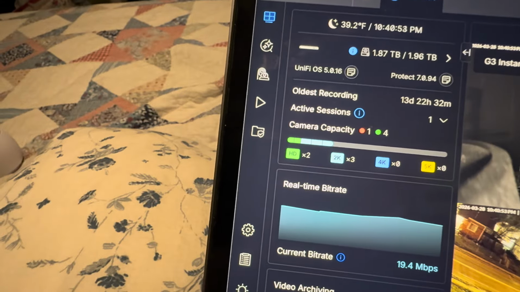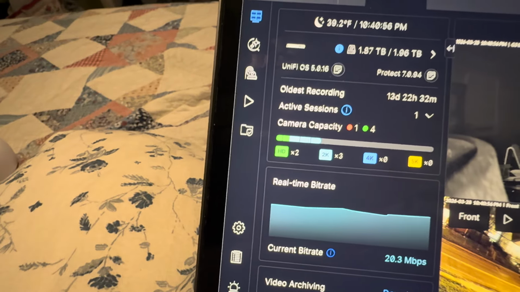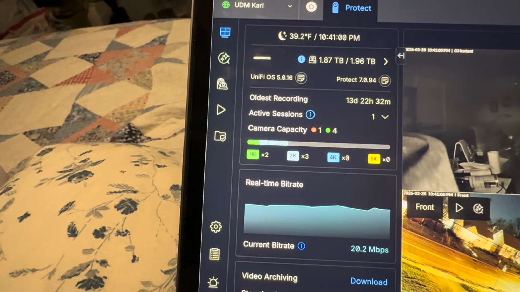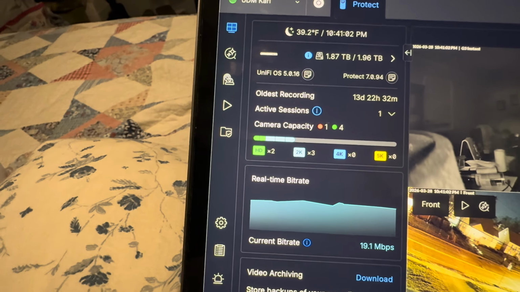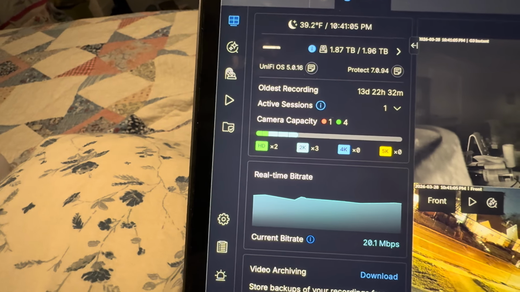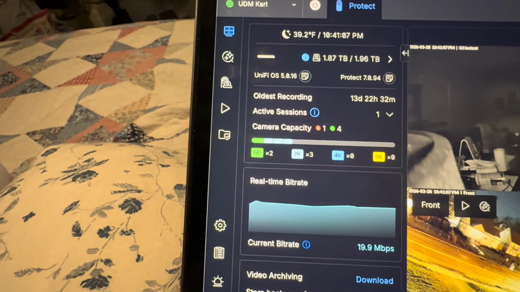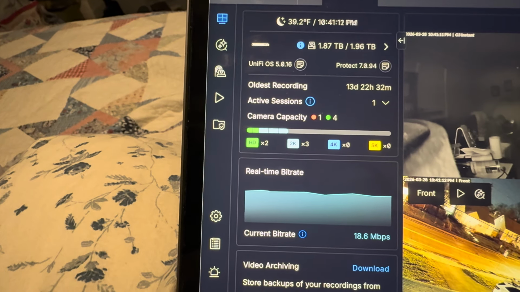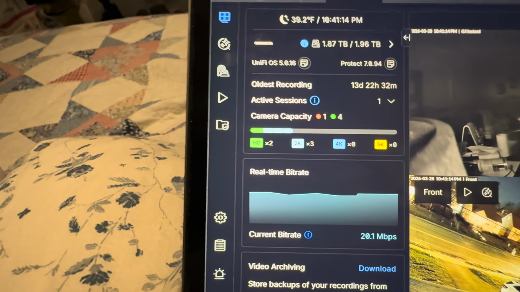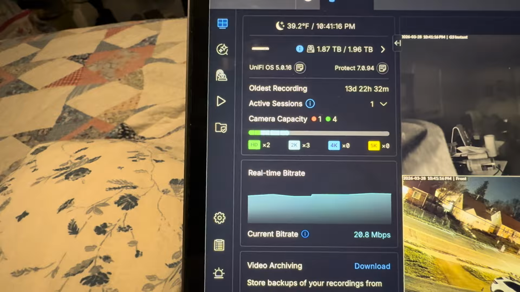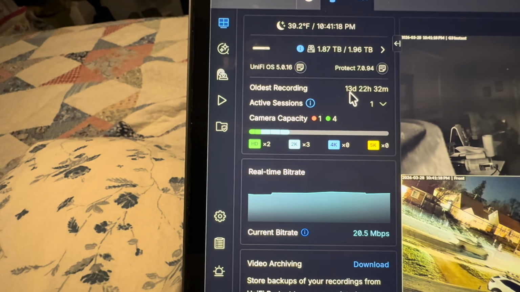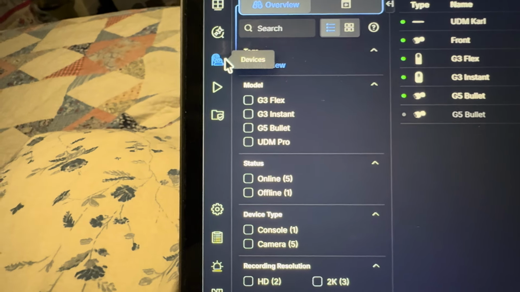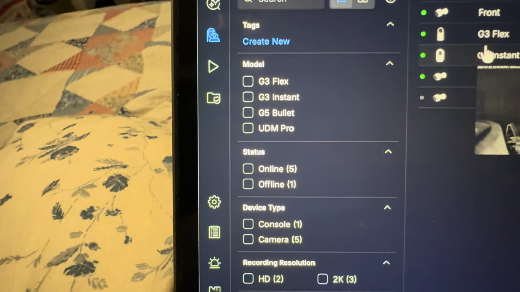So today we're gonna talk about a camera frozen, and if you had a G3 Flex and G3 Dome, the software just crap out on you. I'm sure this works for other cameras as well, but I don't know 100%. But I'm gonna demonstrate on the G3 Flex because that's what I had an issue with. I just want to walk through with you what I did to fix that problem